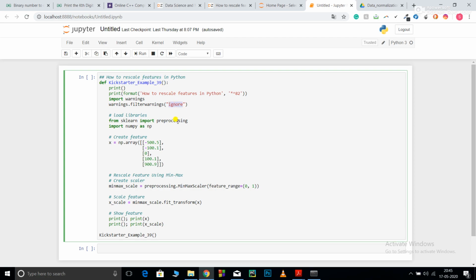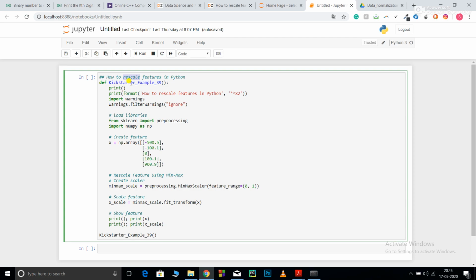And rescaling, before applying PCA, you need to rescale your data in order to preserve the maximum variance of your data. So this is why we need rescaling, and this is where it is going to be used.